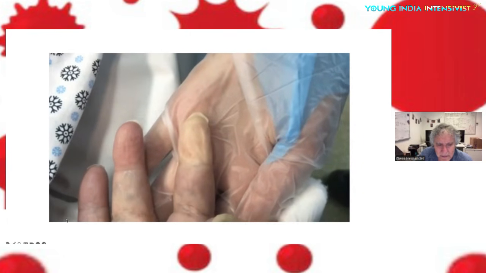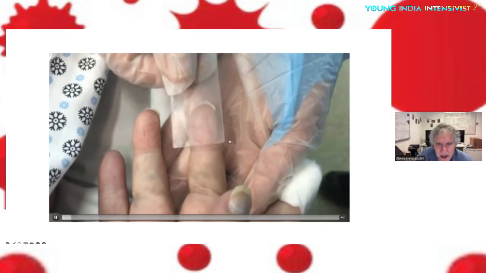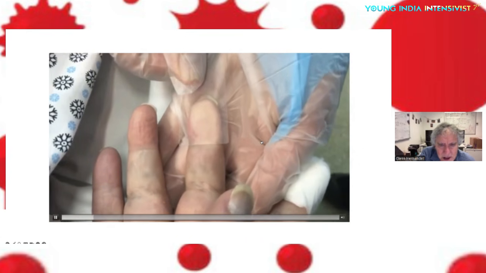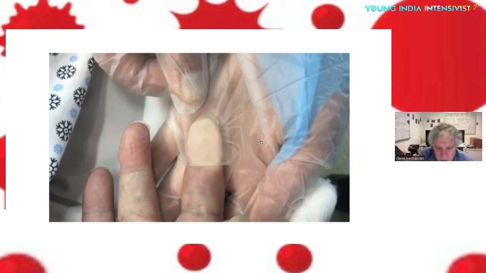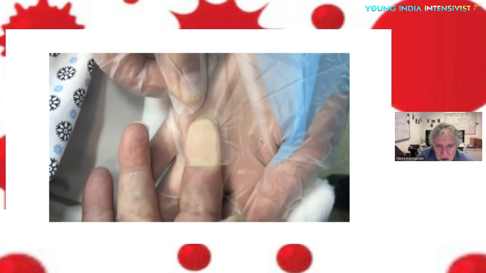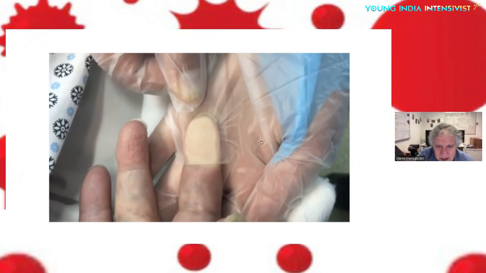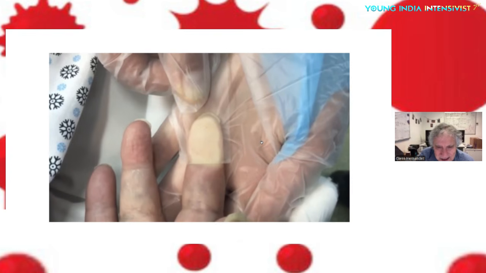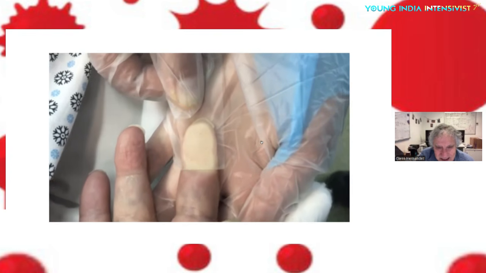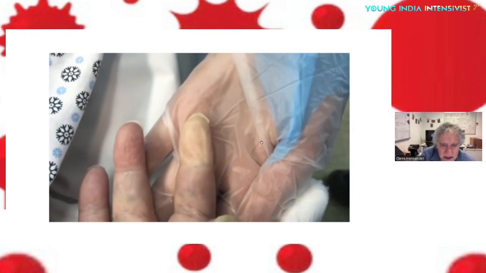I will start again. We compress until you see a total blanching. And then with the stopwatch, we count 10 seconds. This is to equalize pressure between physicians with different strength and muscles. And after 10 seconds, you release, and then you count with the stopwatch